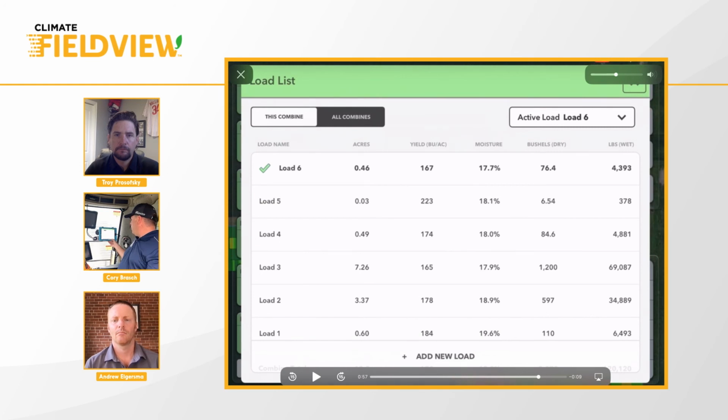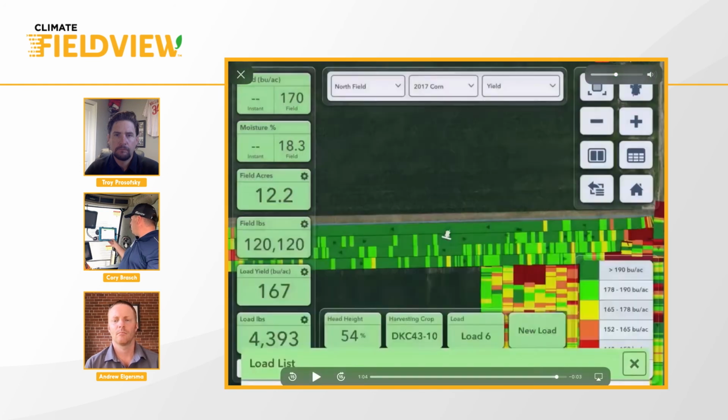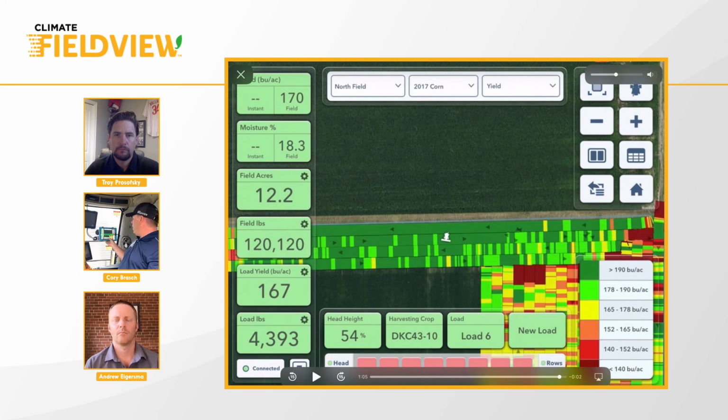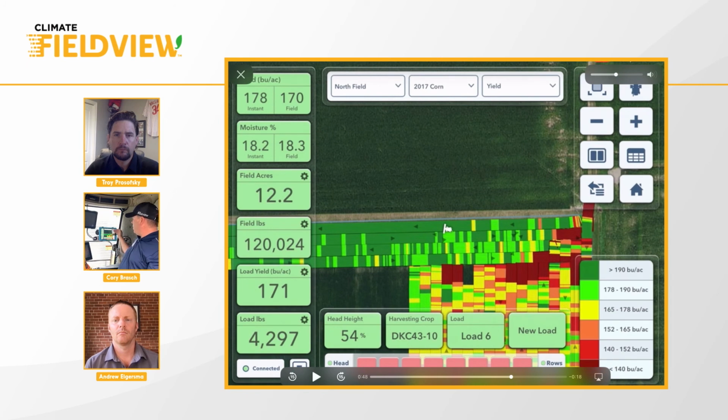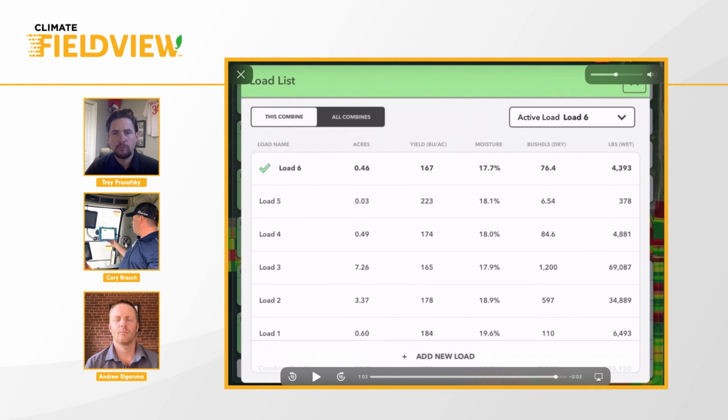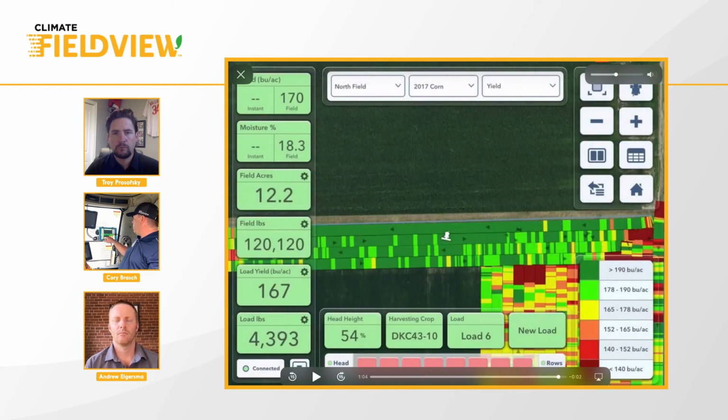One other interesting thing is as we scroll across, right now we're in variety A. As the combine's coming down the headland, we're in variety A. The combine picks up what variety he's harvesting, but as he passes into his next pass, the variety has changed. So FieldView knows where it is in the field and what variety it's going to harvest, and most likely will make another load 7 for that trial. So that's a quick overview of what we see in the cab.